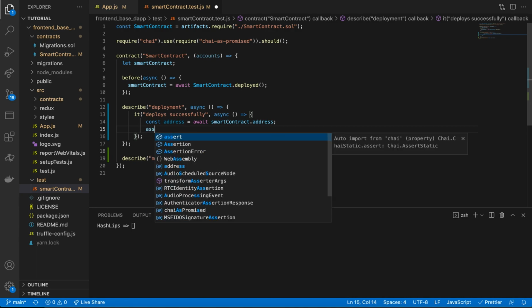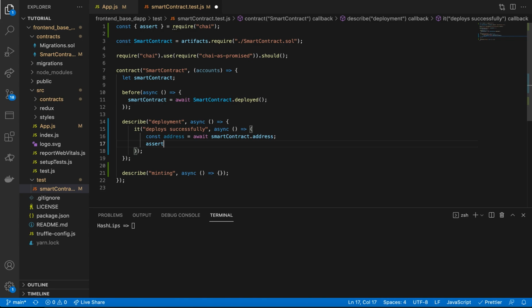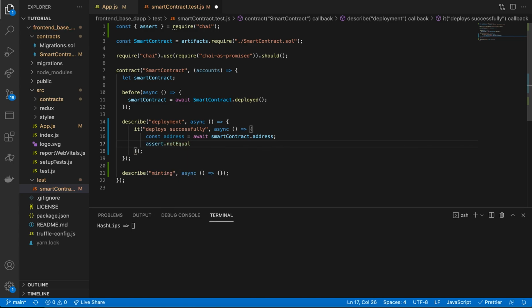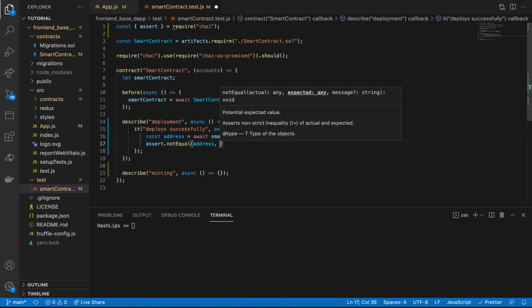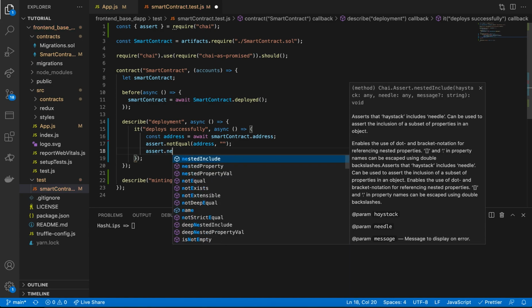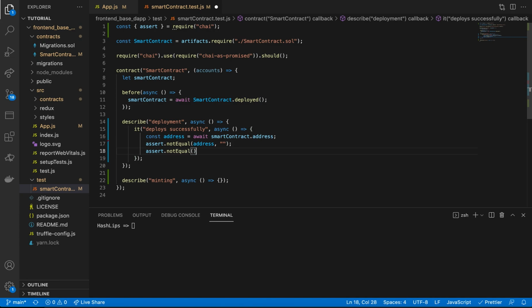And how you do it is by saying assert. You might have noticed that assert also added a library here at the top. We should have imported that, so just make sure you have that. But basically, we're going to say assert.notEqual. And basically what we're going to say is that we need to make sure that our address is not equal to, well, first of all, it shouldn't be empty. And then the next thing is we can also say that it maybe should not equal